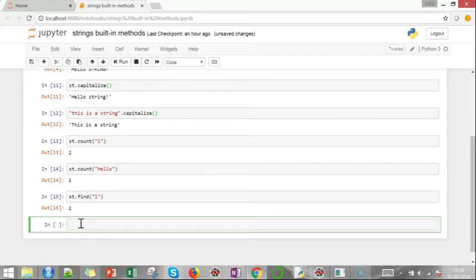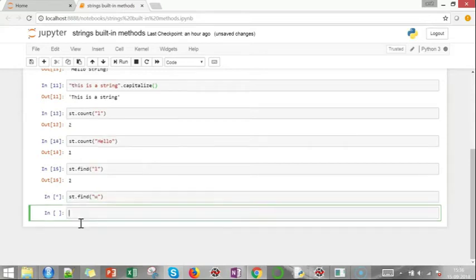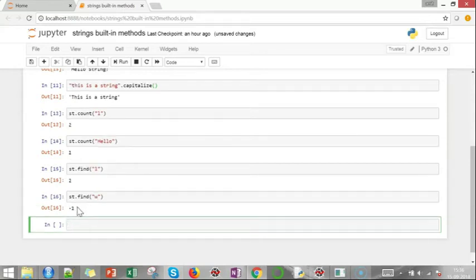You could find other things also. If something is not present in your string, like if you are finding W, then it will return -1. Whenever you get -1, you should think that letter is not present in my string. One more thing: this is a case sensitive method.